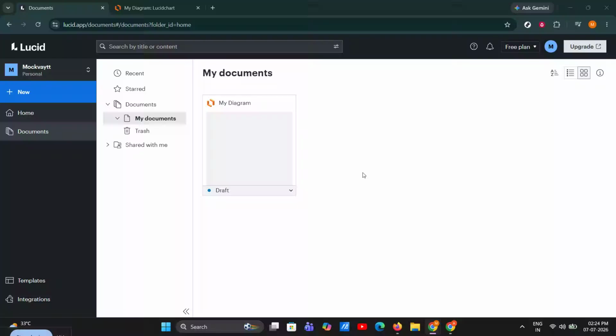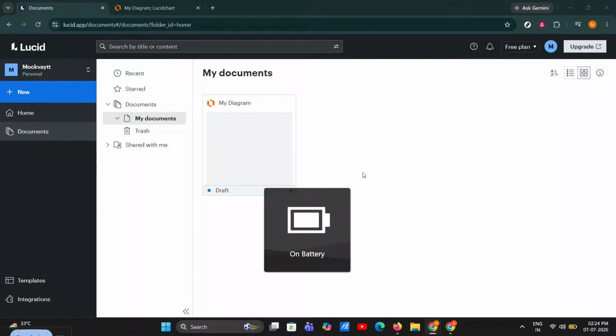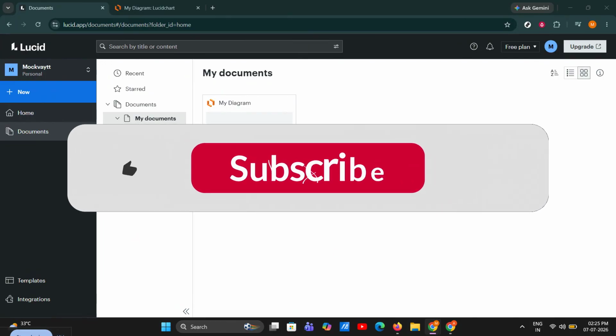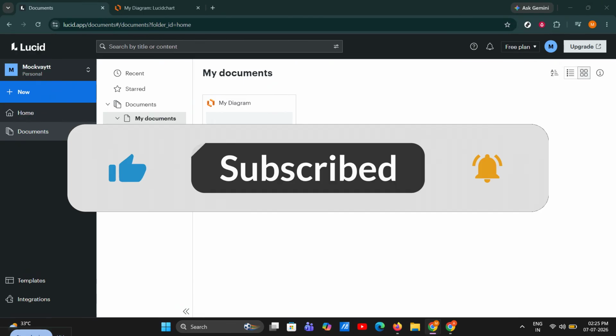If Lucidchart keeps crashing, don't worry, because in this video I'm going to walk you through the fastest fixes step by step so you can get back to your diagram without losing time. This is a simple troubleshooting guide for anyone who opens a Lucidchart file and sees it freeze, reload, or crash before the page fully loads. We'll start with the easiest test, then move through browser fixes, cache clearing, VPN checks, and finally trying another browser